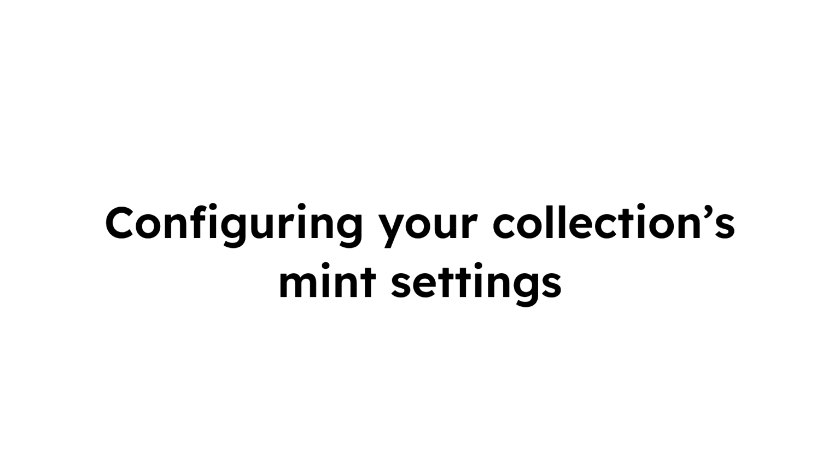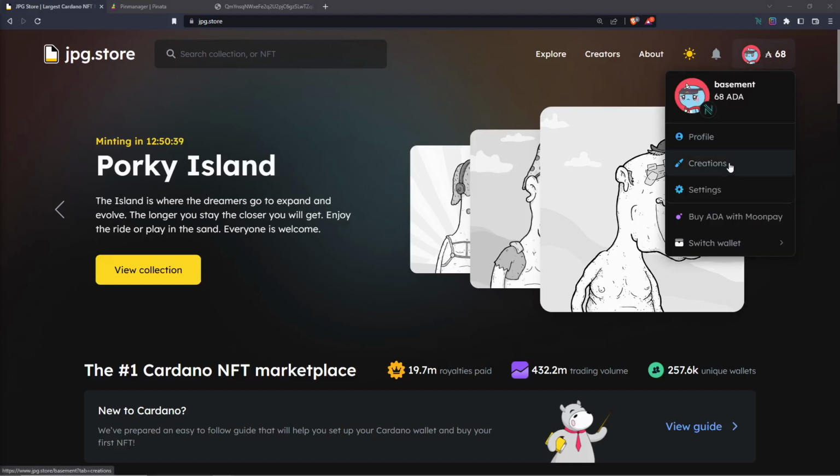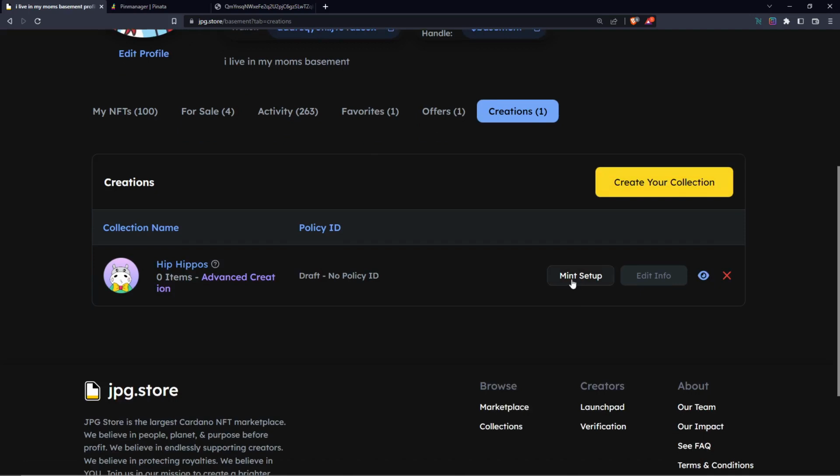In today's video, we're going to be going over setting up the minting phases for your NFT collection. First things first, navigate to JPG.Store, go to the top right, and then find your Creations tab. Click on this and go to Mint Setup to find the creation that we've been working on for the past